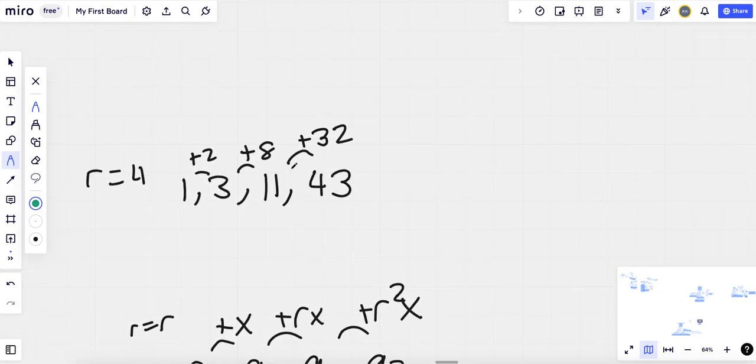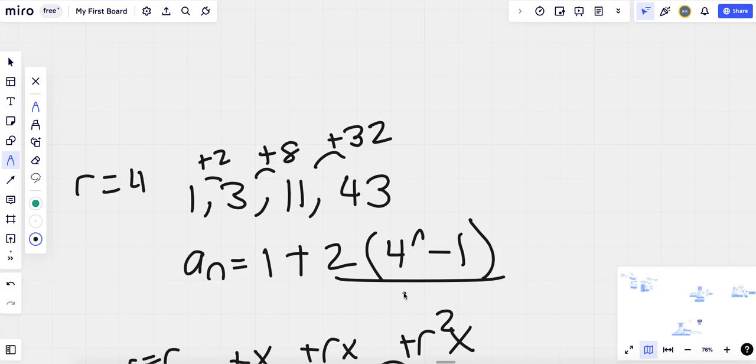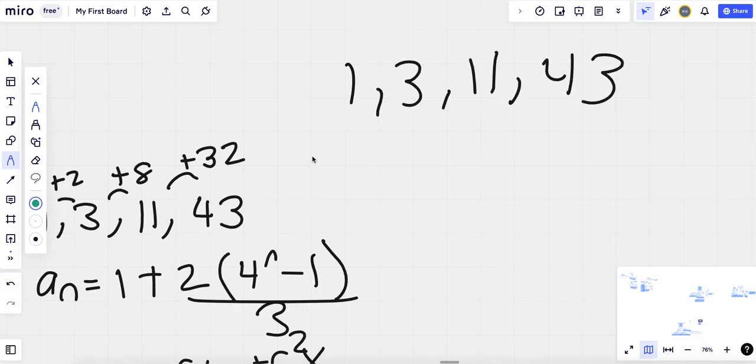So in this case, r is 4 and the first term is 1 and the difference between the first two terms is 2. That means a sub n is going to be the first term, 1, plus the difference between the first and second term, which is 2. And then r in this case is 4, so 4 to the n minus 1 all over 4 minus 1, which is 3. So I'm just going to rewrite this. So for 1, 3, 11, 43, the general formula would be